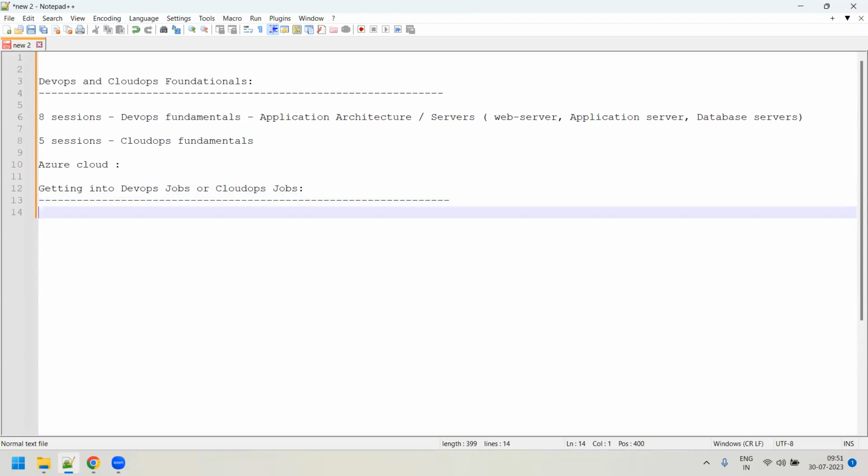The first question is: is it really required that I should be from the technical side? It means, should my studies include the technical side, or should I be from BCA, or an engineering graduate, or should my previous experience be in software? Not really a necessity, but it would be very good if you are from the technical side, like me, from an engineering background, because you can fetch a job very easily. So that is one thing.